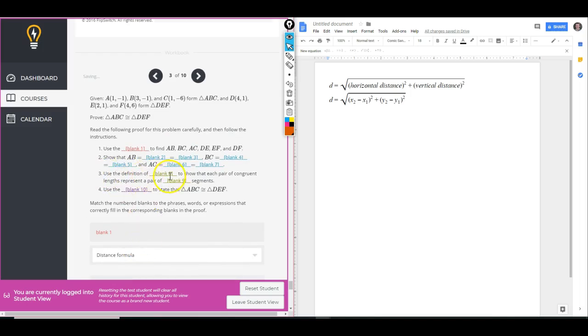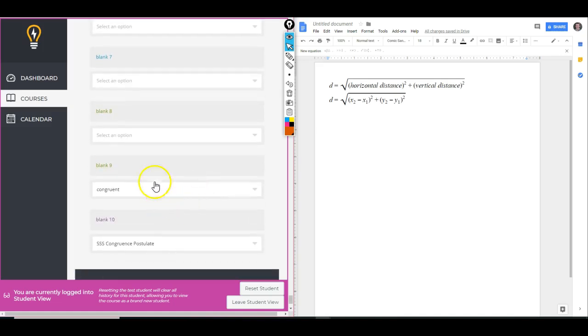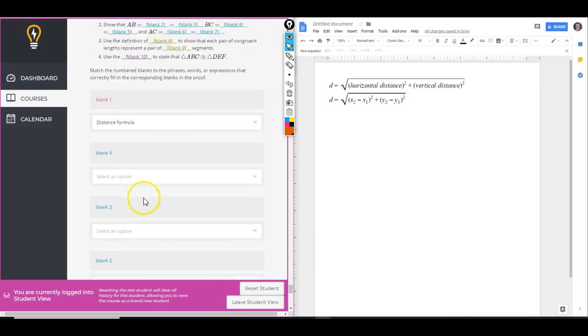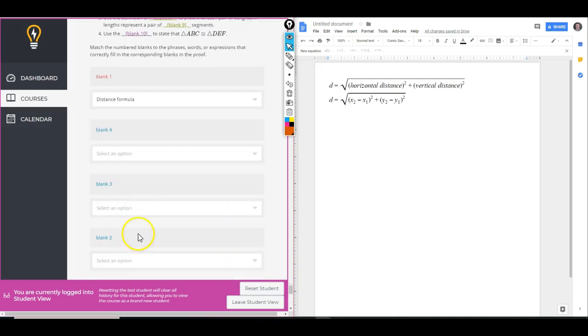And use the definition of congruence to show that each pair of congruent lengths represents a pair of congruent segments. So we are going to be using congruence. Blank 2, 3, 4, 5, 6, and 7. Now our options are going to be